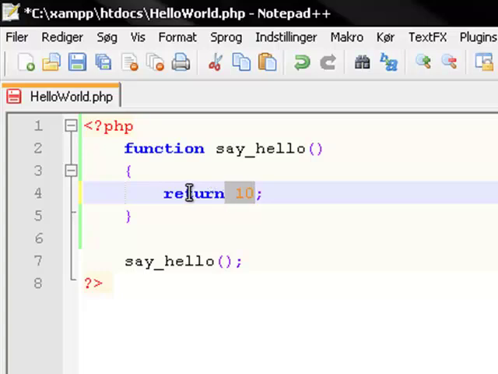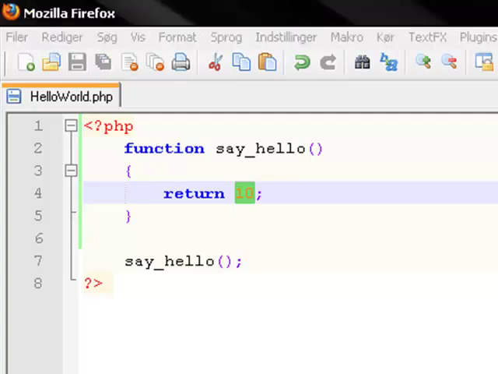It will not print out anything. It'll just return this 10 right here, and what you type here will be the value it's going to return. So this function say hello will now return 10, and I'm going to show you that in a second. So hit the save button right now